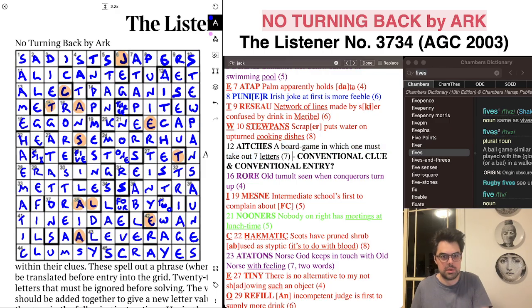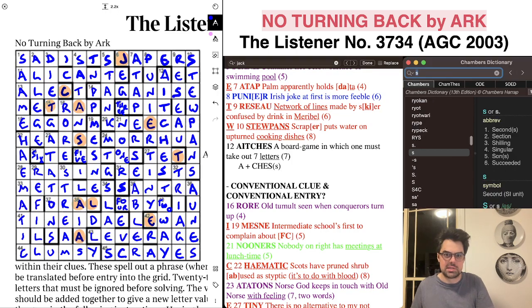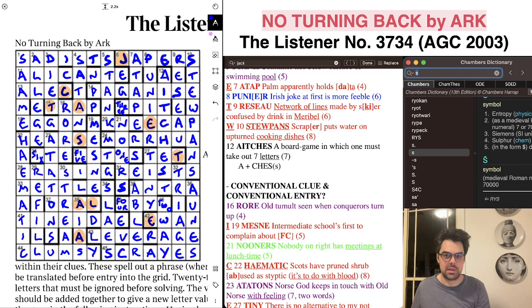We thought was, in the way we're parsing at this moment, A plus chess without an S on the end, because S is an indicator of 7 in medieval Roman numerals, but that seems very unsatisfactory